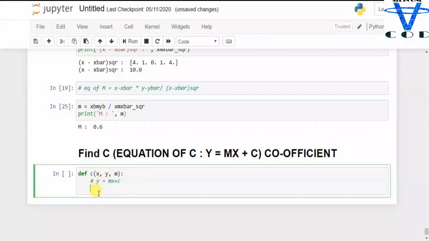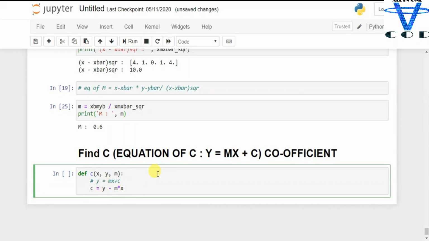So what I'm going to do is c equal to m into x, plus c. So I just changed c in here. So where is y? I'm going to move the y here and make it minus. Okay, y minus m into x. If you don't know math, just copy this and paste it in your Jupyter notebook. So c equal to y minus m into x.